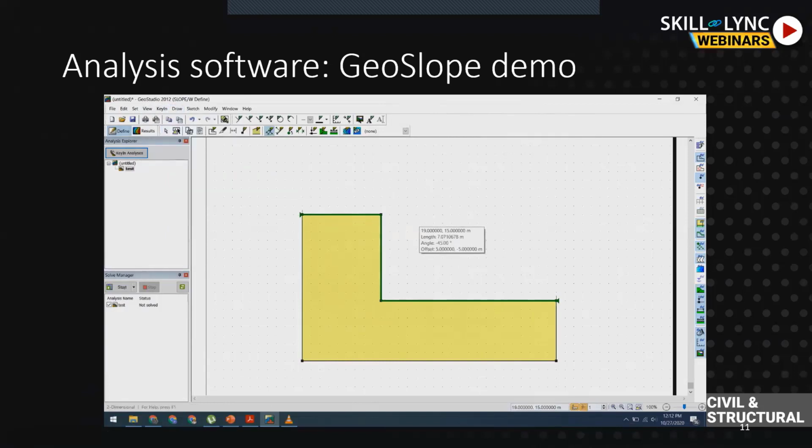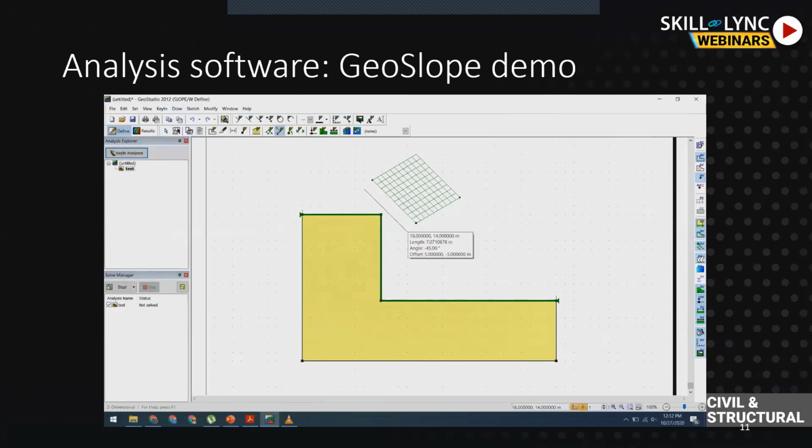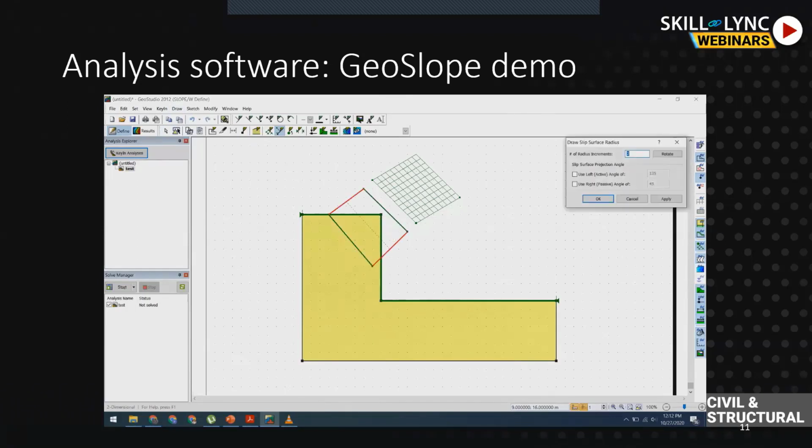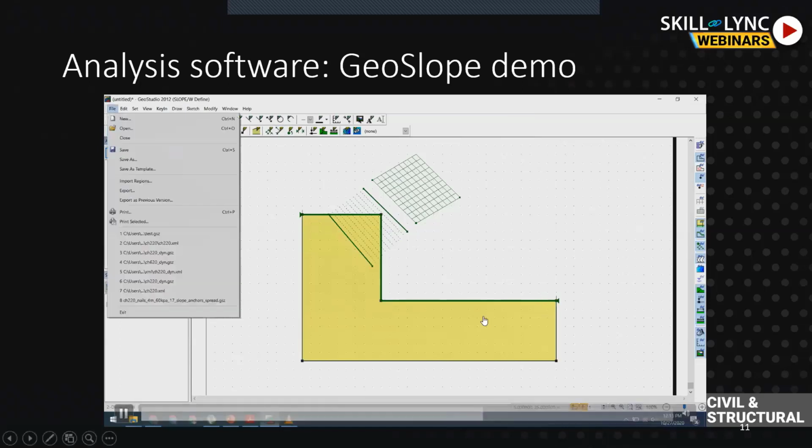The grid will be used for the points from which we want to create slip circles. I'll just use an increment of 10 by 10 to make the analysis faster. So this kind of grid will do, and each point of the grid can create some circular arcs. The circular arcs will go from the point where we define our radius. So here we'll have radius, we'll draw 10 as the increment. So total slip surfaces will be 10 into 10 into 10, that will be 1,000. That's how we have drawn the slip surfaces and the radius. A little slow because I want you to understand.